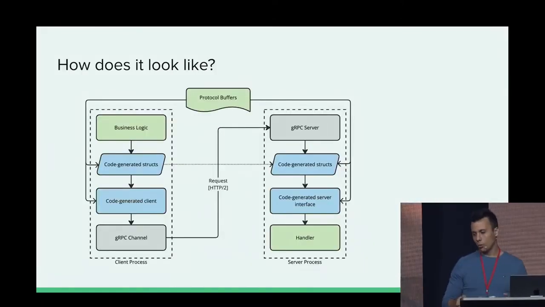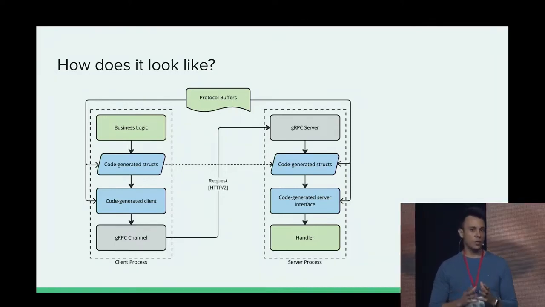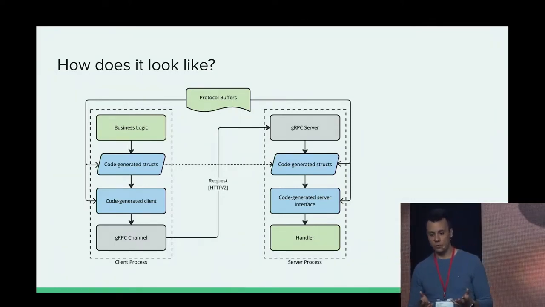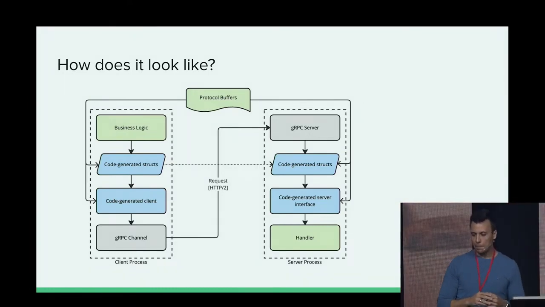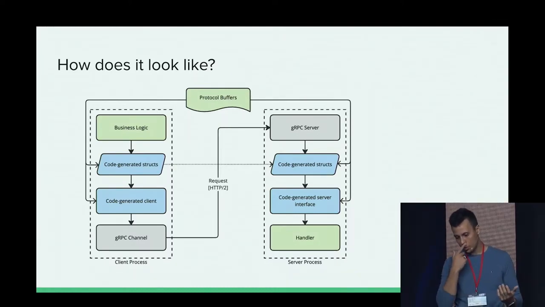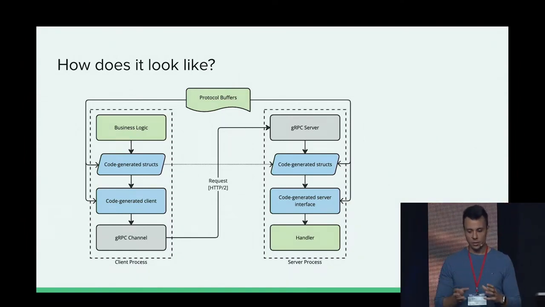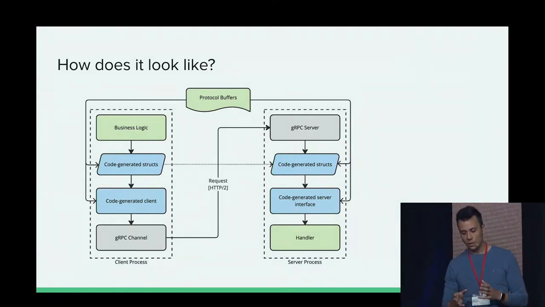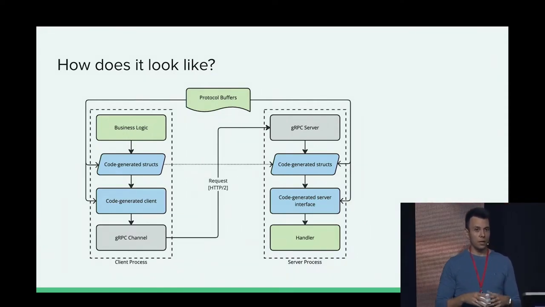If we look a little bit closer, how does this look? We start with the schema. gRPC is schema first, which is quite handy. We can get it reviewed, etc. And then based on this protocol buffer description of our service and the messages that it accepts and returns, we write the green parts, essentially, the business logic and the handler. And everything else, as you can see on this diagram, is kind of done for us.